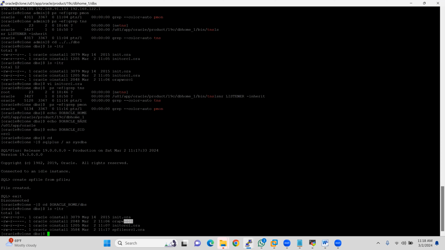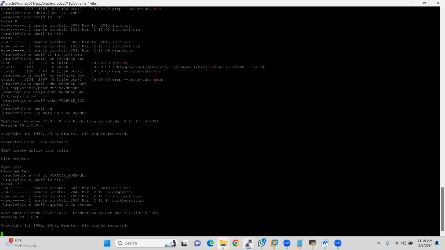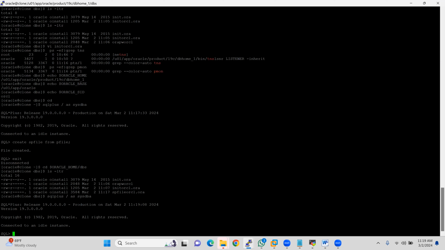Now here you can see we have the P file and we have created the SP file. By using the password file, we are able to connect as sysdba. We have created the SP file. What we will do next is